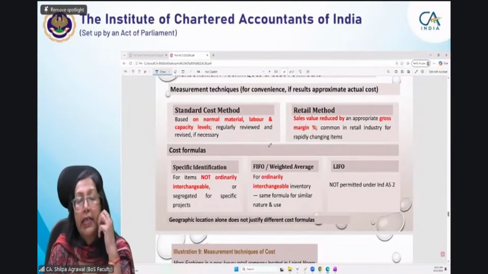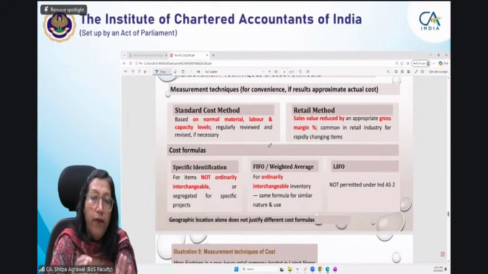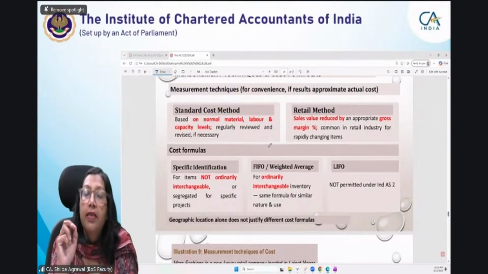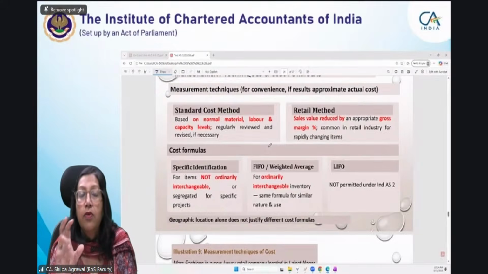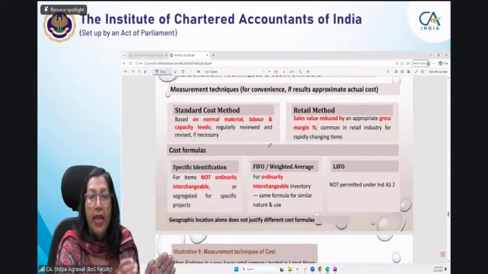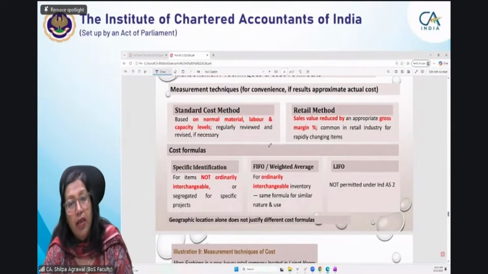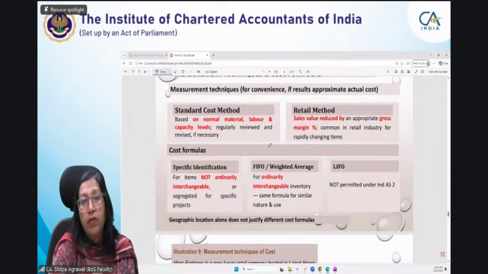What is specific identification method? Specific identification is when any customer or your client gives you a firm order with specific identification, which we can say is a customized order. In that customized order, to manufacture those customized products, you have to incur separate kinds of cost, separate designing cost, separate manufacturing cost. So all the costs incurred for those customized goods will be capitalized in a separate manner. They won't be mixed up with the normal manufacturing. There'll be a separate manufacturing cost computed for those specifically identified units. Okay.